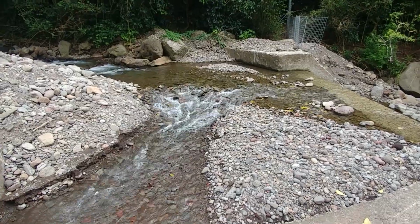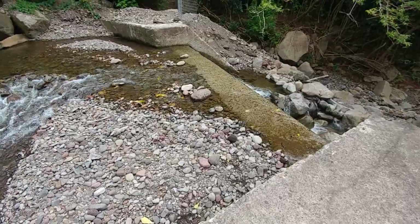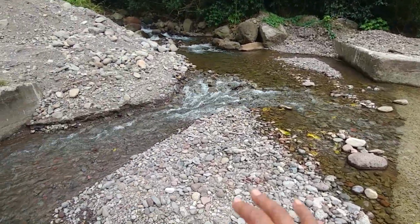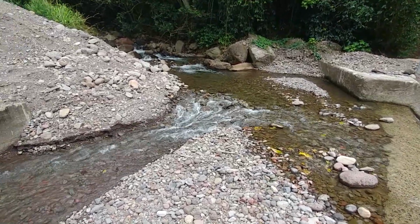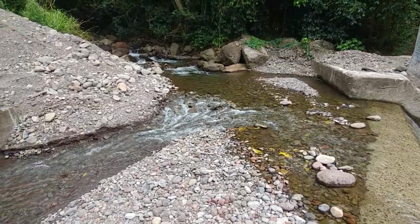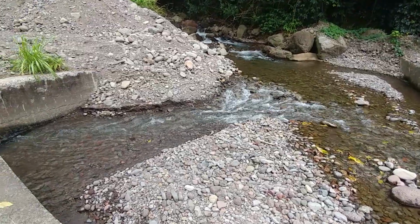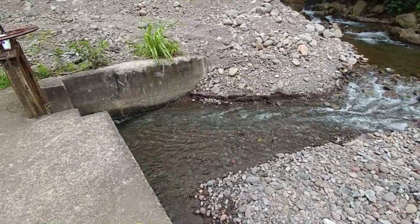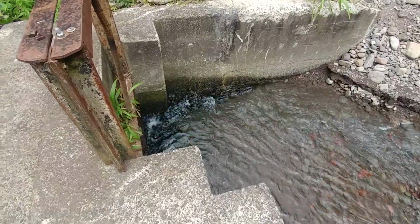Okay, this is Kaua'ula Dam, and if you notice, a lot of silt came washing down, so the silt filled up the dam area. And normally what Makila Land Company, or Launiu Irrigation Company, does is they come out to clean the intake, to make sure that a lot of the water goes into the cistern, and they divert it from this dam over here that goes into this area